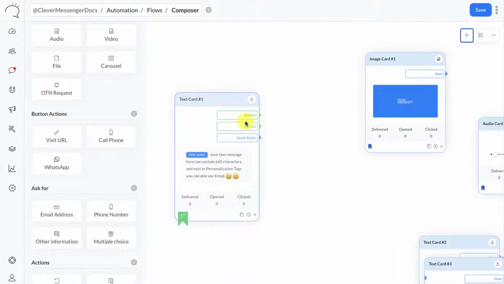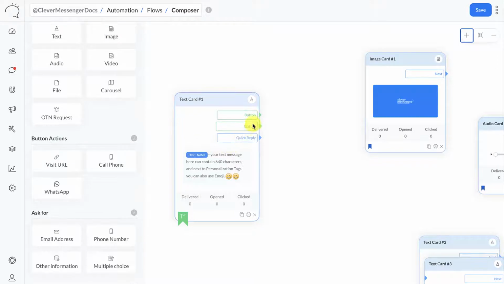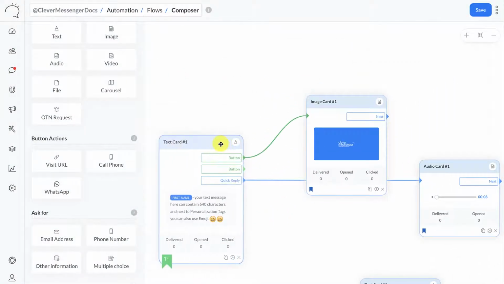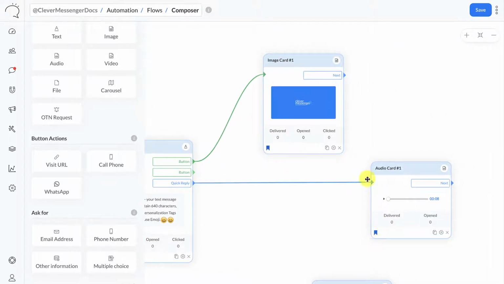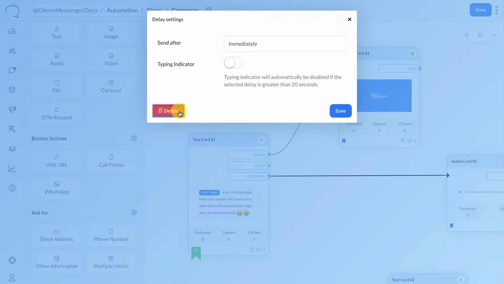And we have the button, 2 buttons actually, and a quick reply. Now, you can actually tie any button to a message as well. So this means that if a person is going to click on that button inside Messenger or that quick reply, it will actually trigger the message it is attached to, right? So that's super simple to set up. Let me just delete those